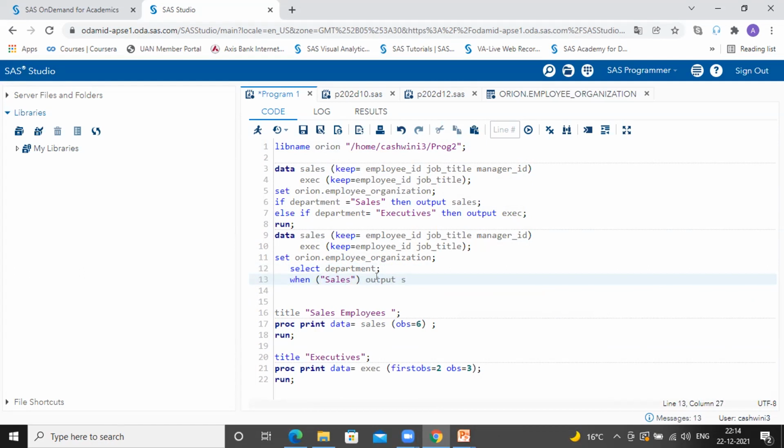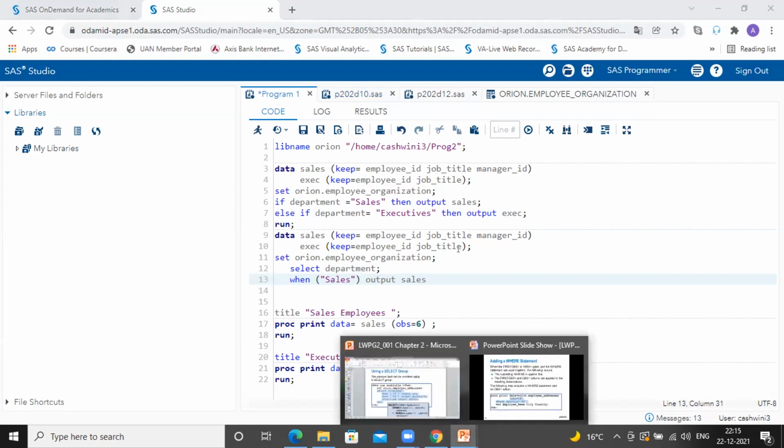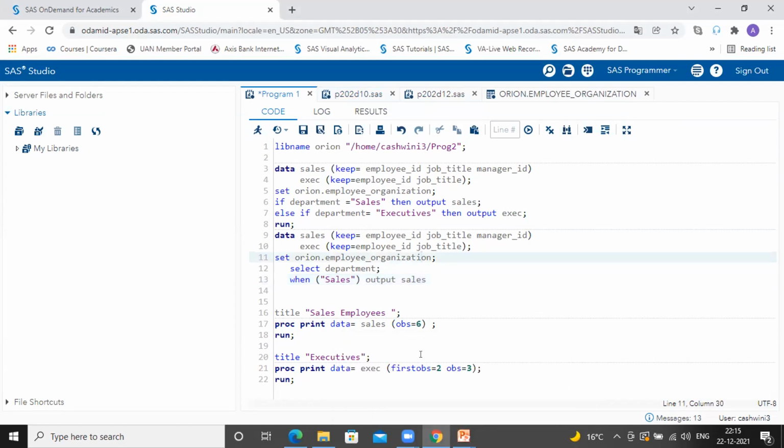Ashwini, I was just writing the first code, so I'm getting some error. I can't find what the error is here. Okay, just share your screen. I'll stop sharing mine.